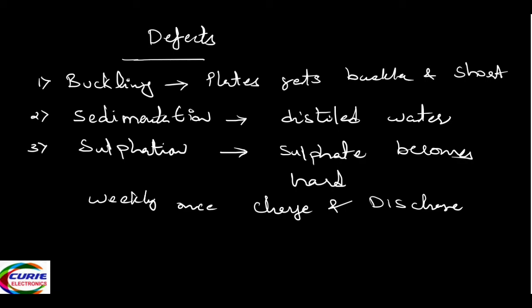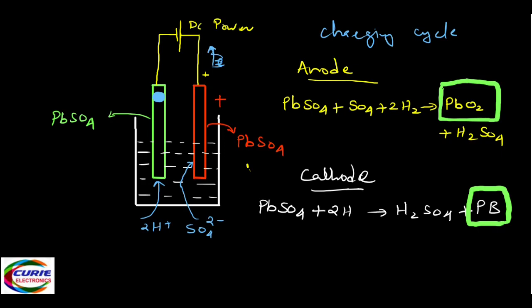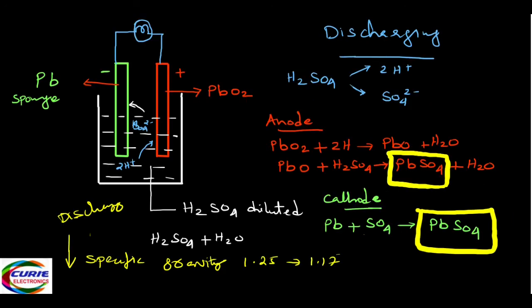Now one more is there, a normal thing: corrosion. Why does corrosion happen? Because the terminals of the battery are made of copper plus lead, they get corroded. That's why when you go to the battery shop, they apply some grease to it. So friends, I hope we'll stop it here because it is a little lengthy and some chemical reactions are involved. You need not worry much about it. What is happening to the cathode and anode while charging and discharging, you should know. What the electrolyte is, you should also know, and what about the specific gravity value.